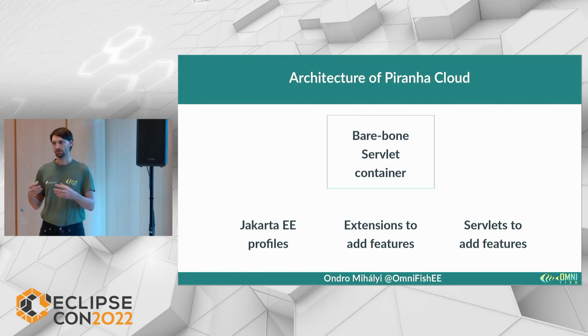And it's still a servlet container, so you can deploy any servlet on it. So that's the idea, to build on a really fast, composable runtime, and you can then reuse whatever you have. If you created your own servlet, you can deploy it there. Jersey, basically, is integrated as a servlet with some extra integration points. So if there is an existing servlet out there, you can already deploy it on Piranha Cloud, and you have a solid base to get a fast runtime.